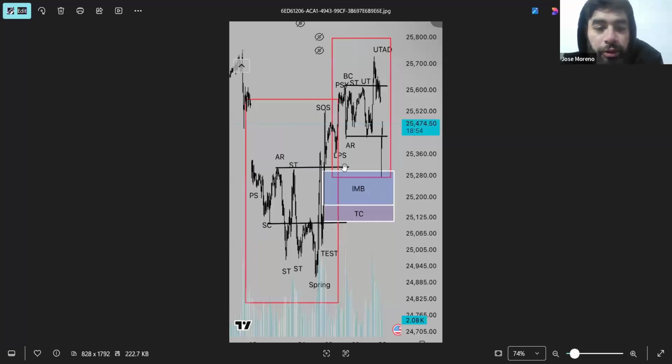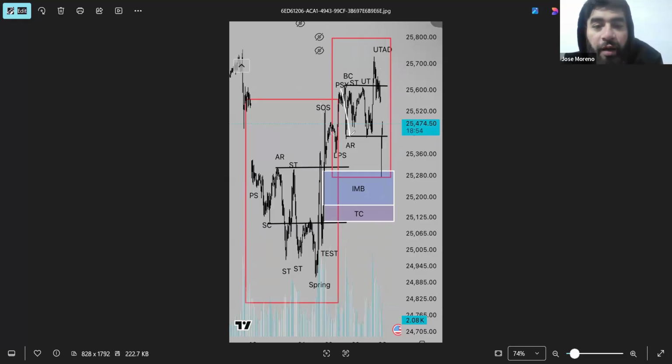Awesome. So here, this looks great. I like what you've used for the SC and the AR. That looks really good. I would probably label this as ST and phase B, and then label this as a UT. And then from there, we have this liquidity buildup. We end up getting this spring, which is pretty much the same zone that I've spoken about already. So this is the potential accumulation that I was looking at too. This is also the same distribution I was looking at, so that looks great.